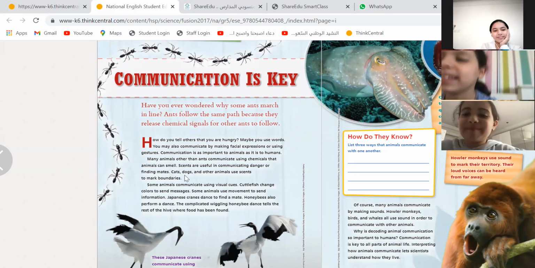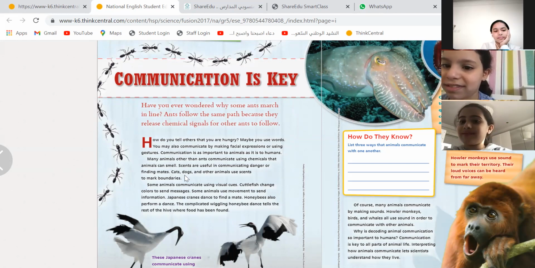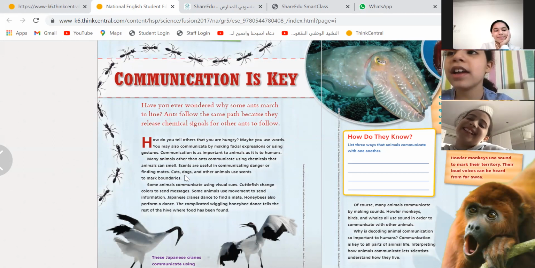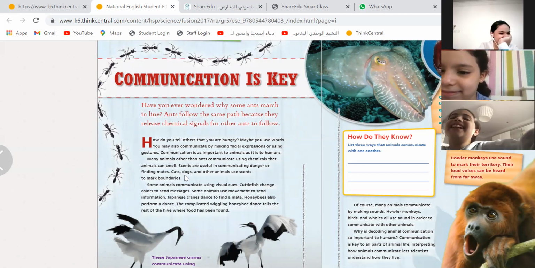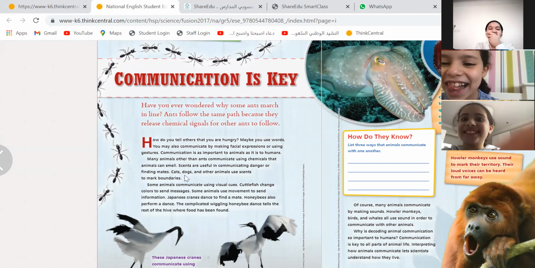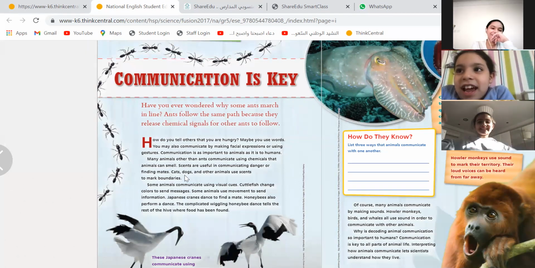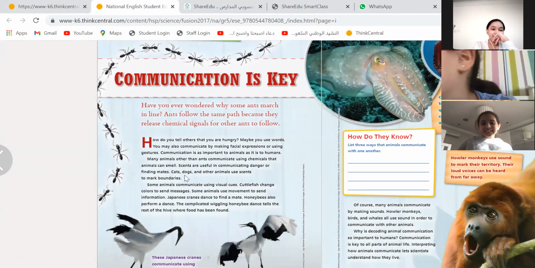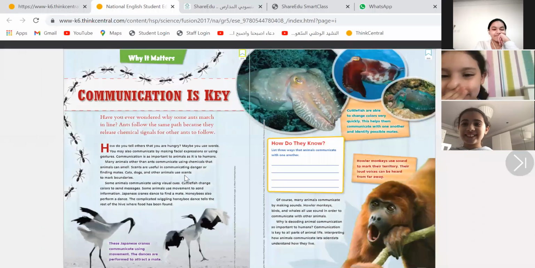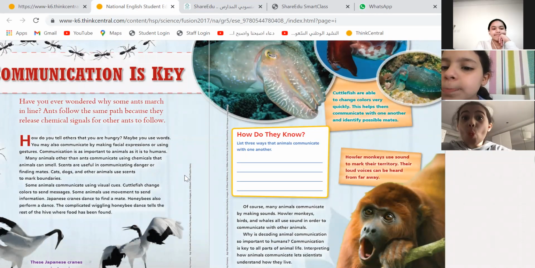Yes, and honeybees also perform a dance. So animals dance. Do you dance or not? I do. Really? Very good. If animals can, why can't you? I can dance. Very good. Okay, so they move, they smell, they communicate in certain ways for a lot of reasons,